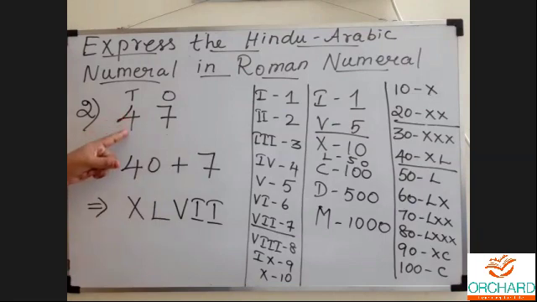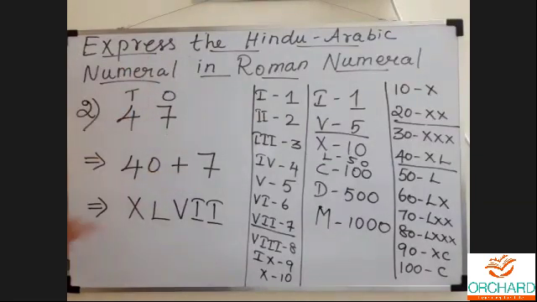So here the question is given as 47. Write the place value for the given number. 7 in the place of 1, 4 in the place of tens. Then write the expanded form for the given number. 4 which stands in the place of 10, so 4 tens are 40, plus 7 which is in the place of 1. So 7 ones are 7.